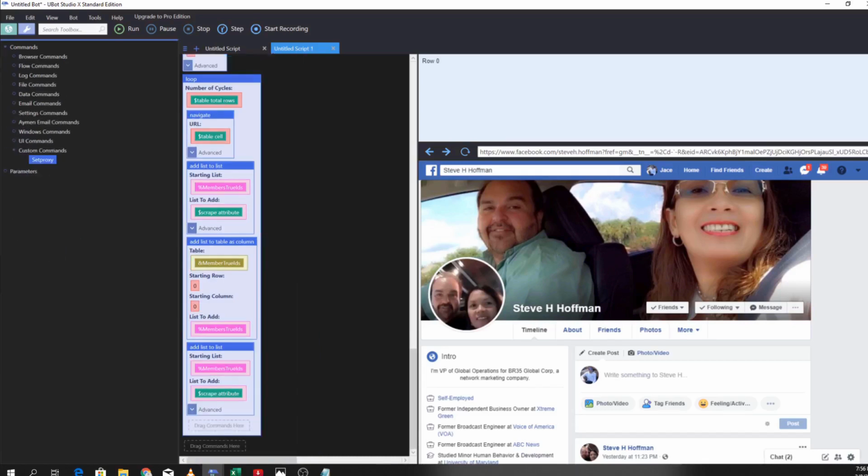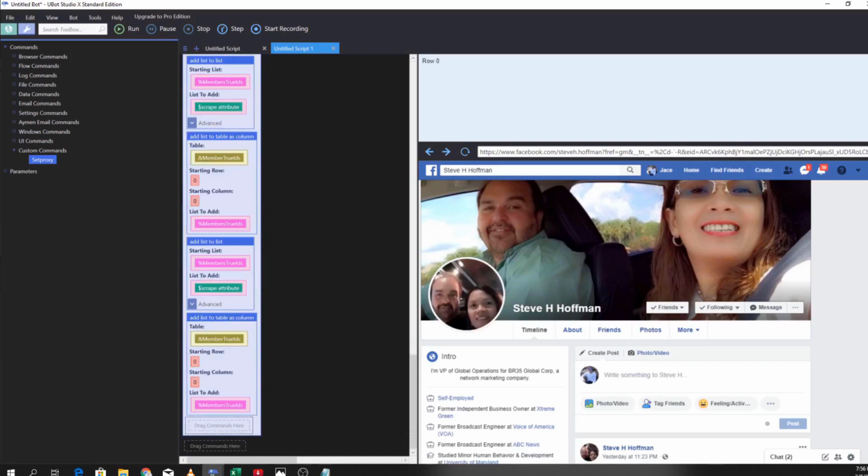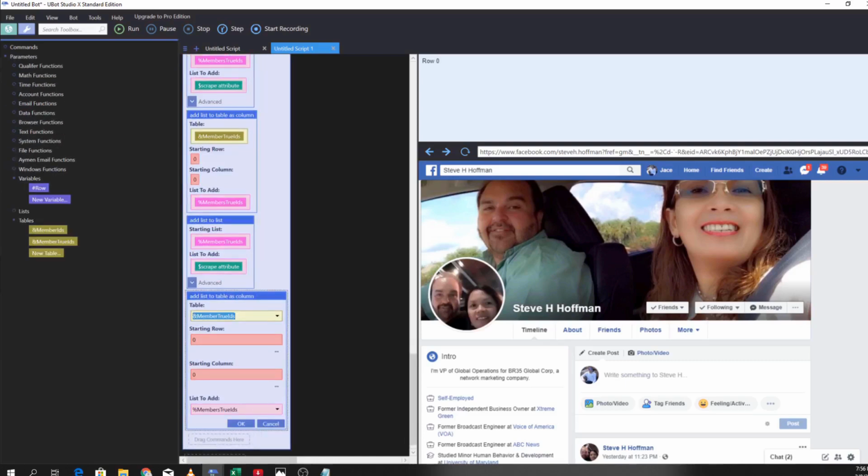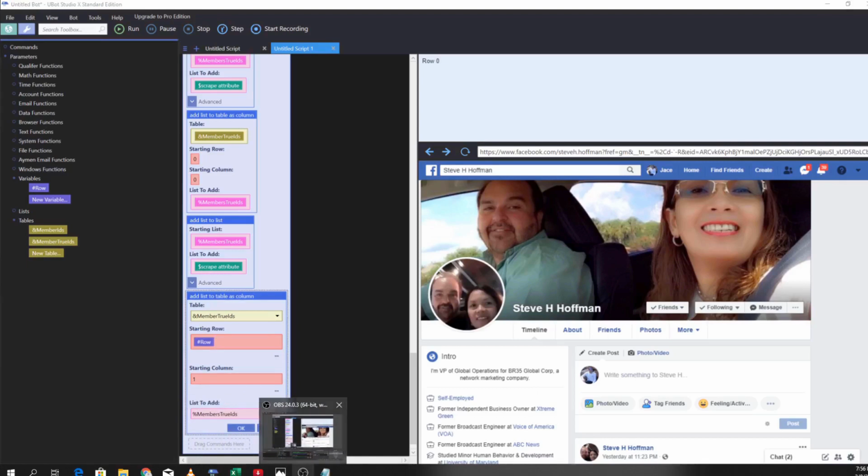Alright, and then we're going to copy this up. We're going to copy, we're going to paste, we're going to edit this. The starting row is going to be our variable, and then the column actually is going to be 1. And the list we want to add